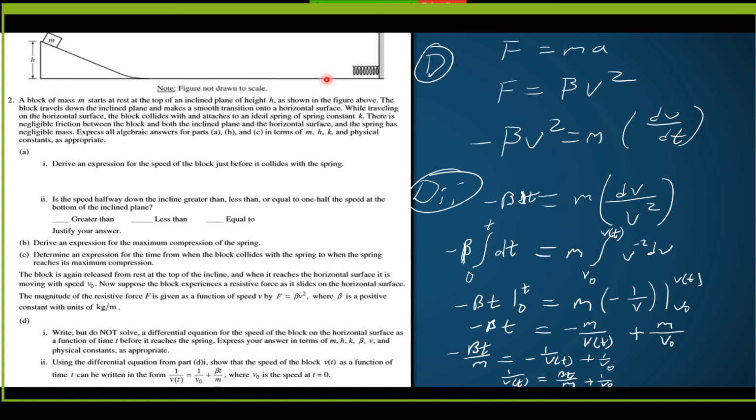So now, instead of there being no acceleration, which means our velocity would be constant from the base of the inclined plane to the spring, our velocity is no longer constant because we have a force that would give us some acceleration pulling the block to the left, opposing the motion. So beta is the constant times velocity squared, which gives us the force pushing the block to the left between the base of the inclined plane and the spring, and any physical constants. So I could say,